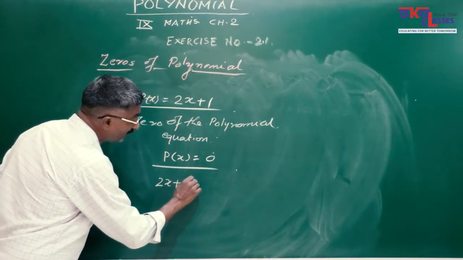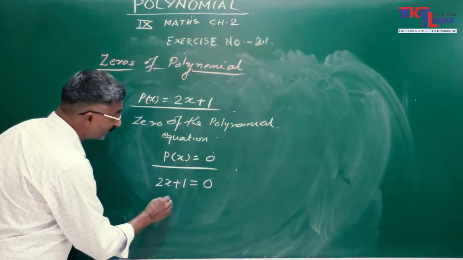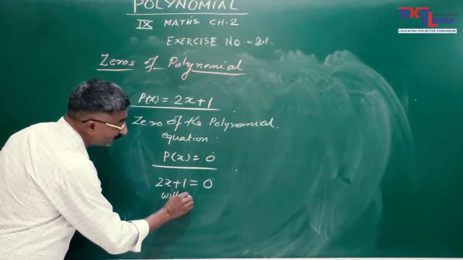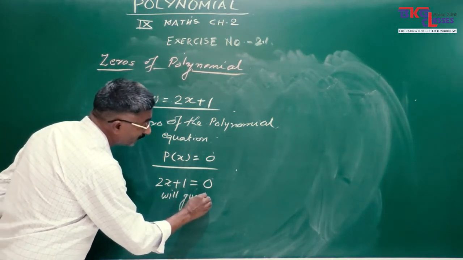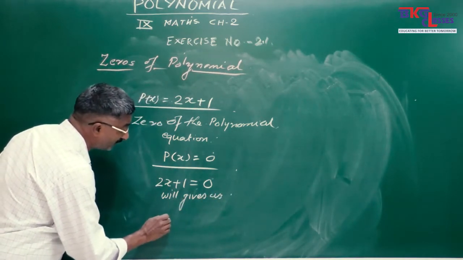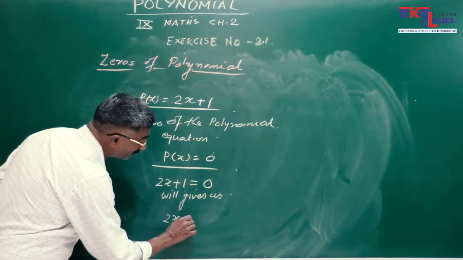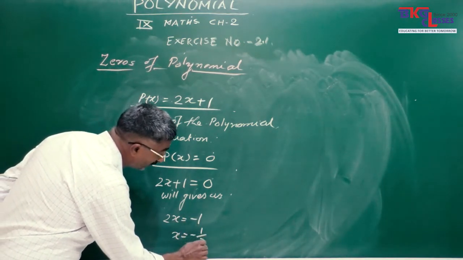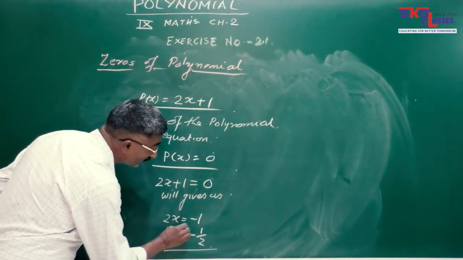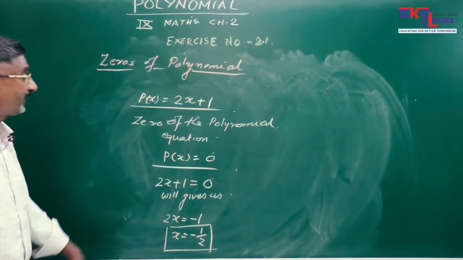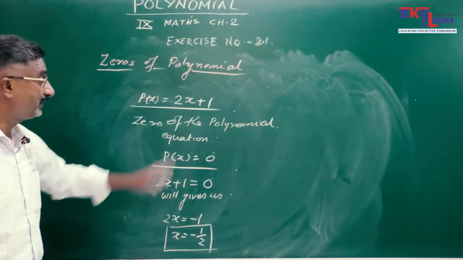2x plus 1 is equal to 0. So after solving, you will get 2x is equal to minus 1. So x is equal to minus 1 upon 2. Clear? Means if we substitute the value of x is equal to minus 1 upon 2 here,